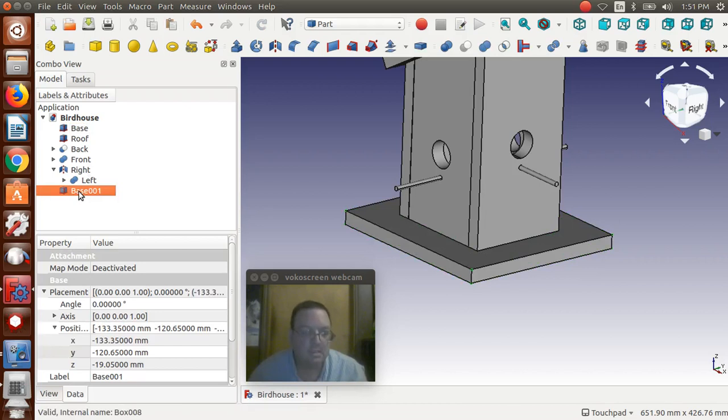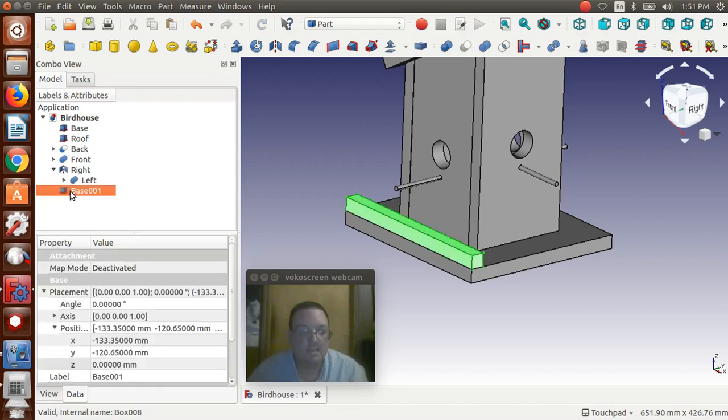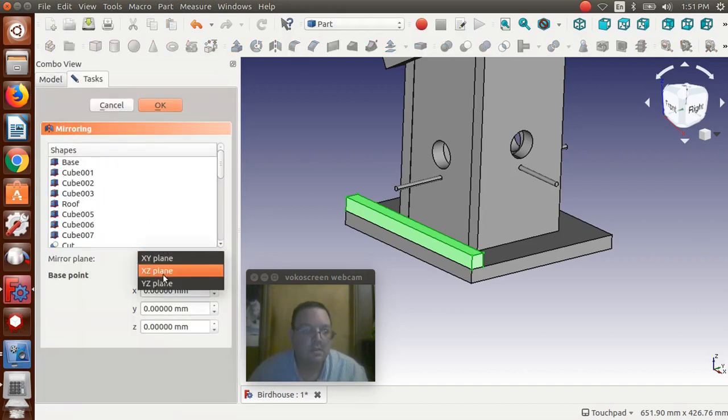This time we're going to change the width to the 19.05, and then we're going to change the position back up to 0, and then we're going to take that and we're going to mirror it. So mirror on the XZ plane, say OK,